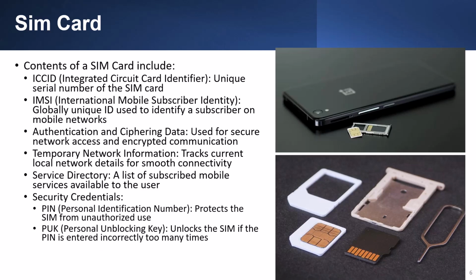Contents of a SIM card include the ICCID, or Integrated Circuit Card Identifier, which is a unique serial number of the SIM card; the IMSI, or International Mobile Subscriber Identity, which is a globally unique ID used to identify a subscriber on a mobile network; authentication and ciphering data, which is used for secured network access and encrypted communications; temporary network information that tracks current local network details for smooth connectivity;